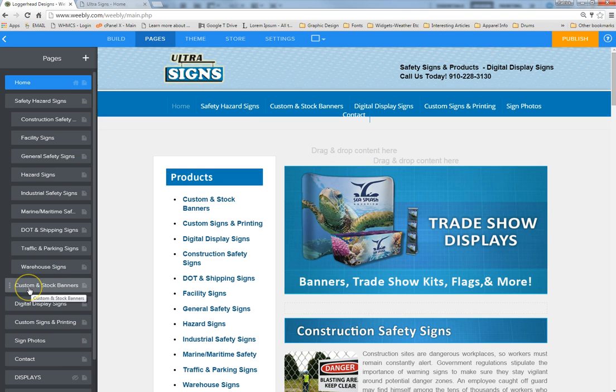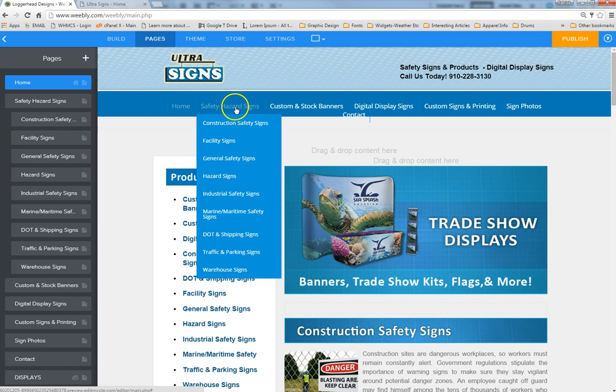So what I'm going to do is kind of show you the difference between a regular page and the sub page. You'll notice that these certain pages are actually offset to the right just a little bit. What that creates is a sub page. And what I mean by that is if this custom stock banners page, you can see up here that it's a main menu link right now. But if I wanted it to be a sub page under this drop down, so it would appear underneath warehouse signs,